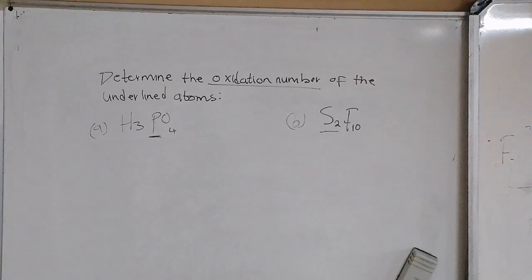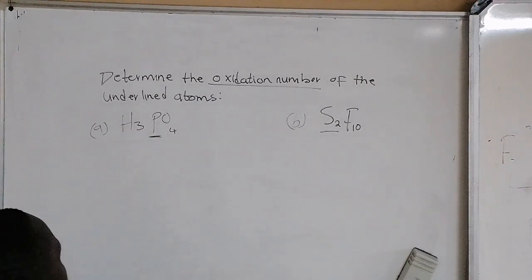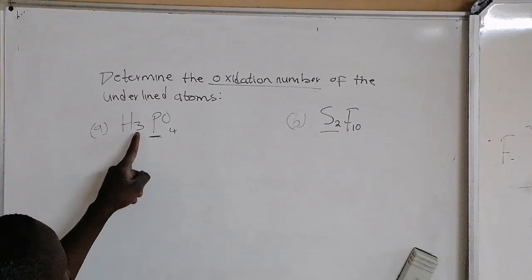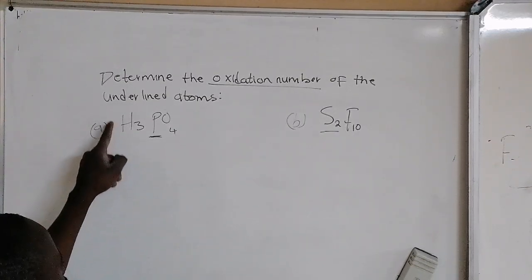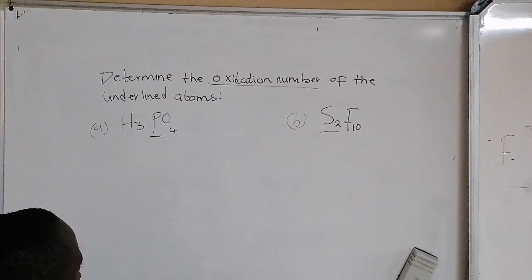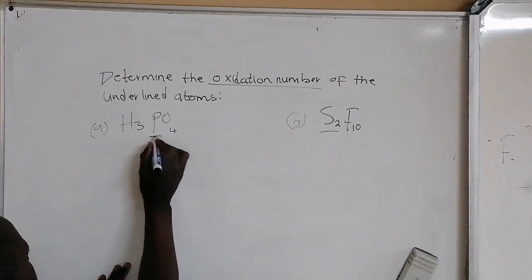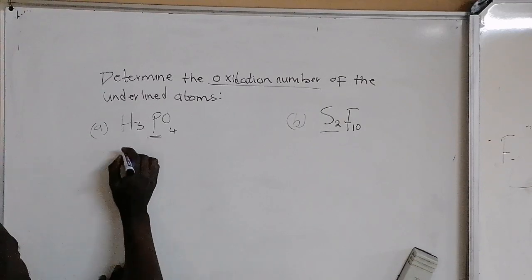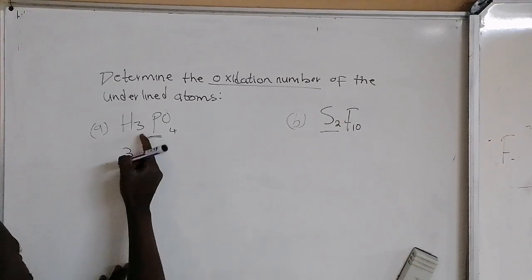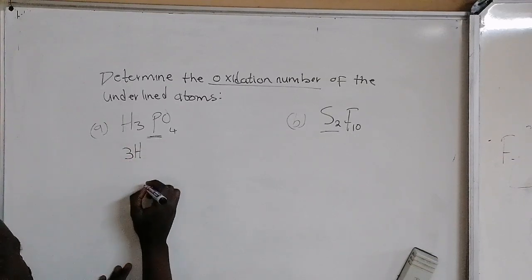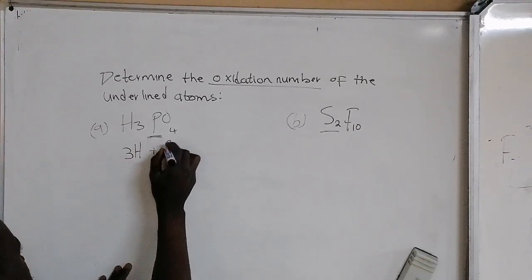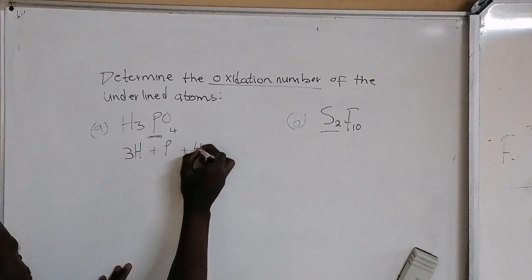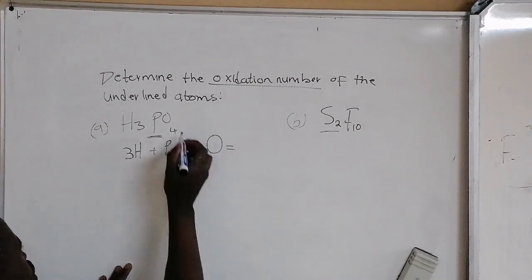Okay, let's continue with these examples. For us to determine the oxidation number, we have to make these subscripts become coefficients, or mole ratios. Here we are required to find the oxidation number of the underlying atom, which is P, or phosphorus. Therefore, we'll make this 3 as a subscript of hydrogen become its coefficient, plus P, or phosphorus, plus 4 oxygen atoms equal to